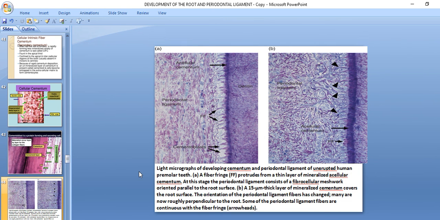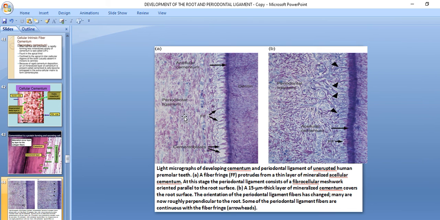These light micrographs illustrate the developing cementum and periodontal ligament of unerupted human premolar teeth. And here you can see the fiber fringe protrudes from a thin layer of mineralized acellular cementum. At this stage, the periodontal ligament consists of fibrocellular